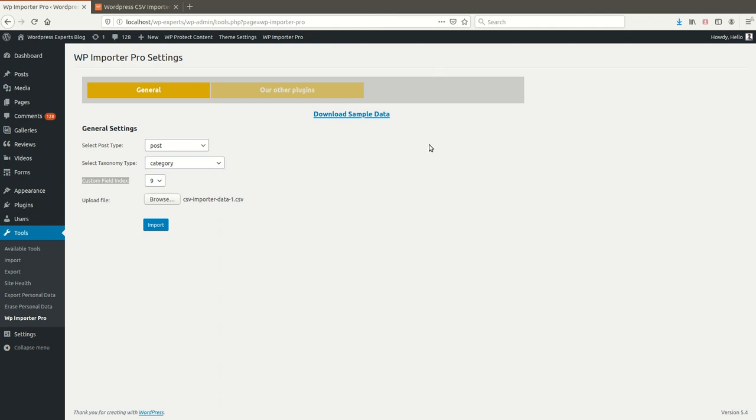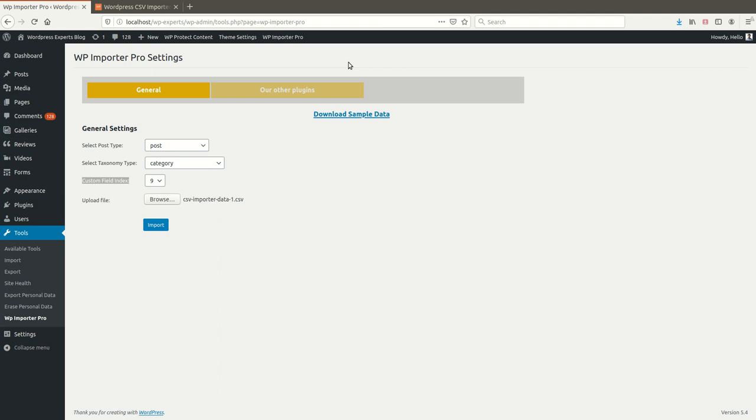If I delete this column from the CSV file, then the number of base columns will be 8: 1 2 3 4 5 6 7 8. So the index of the custom meta field will be 8.